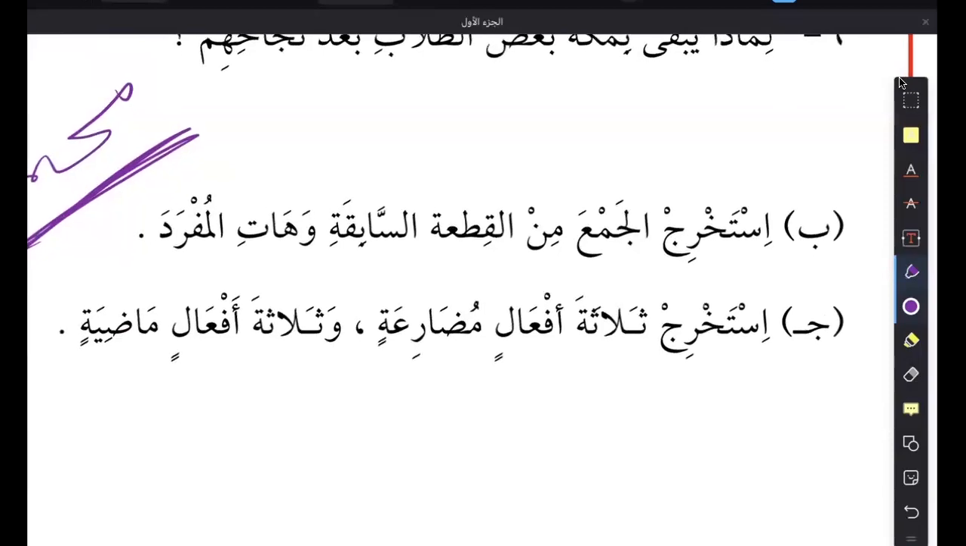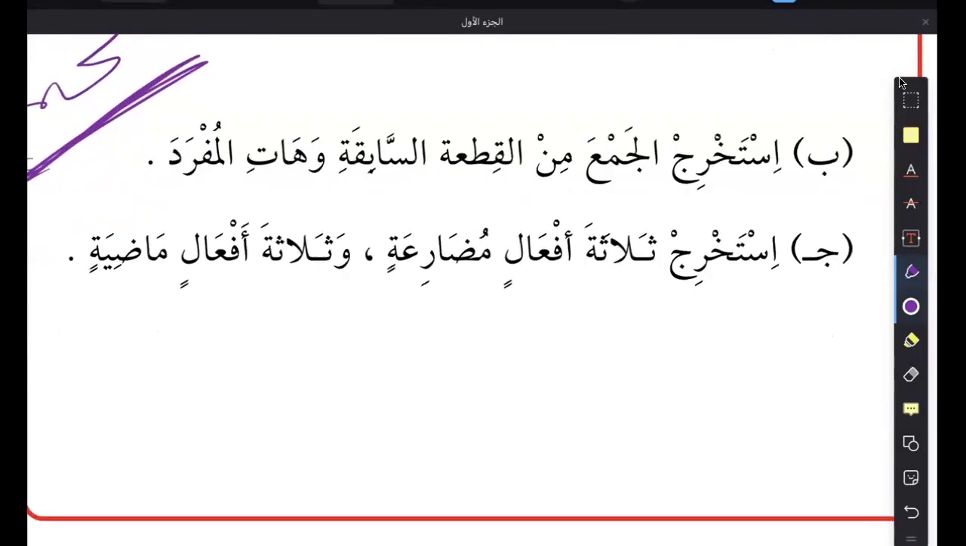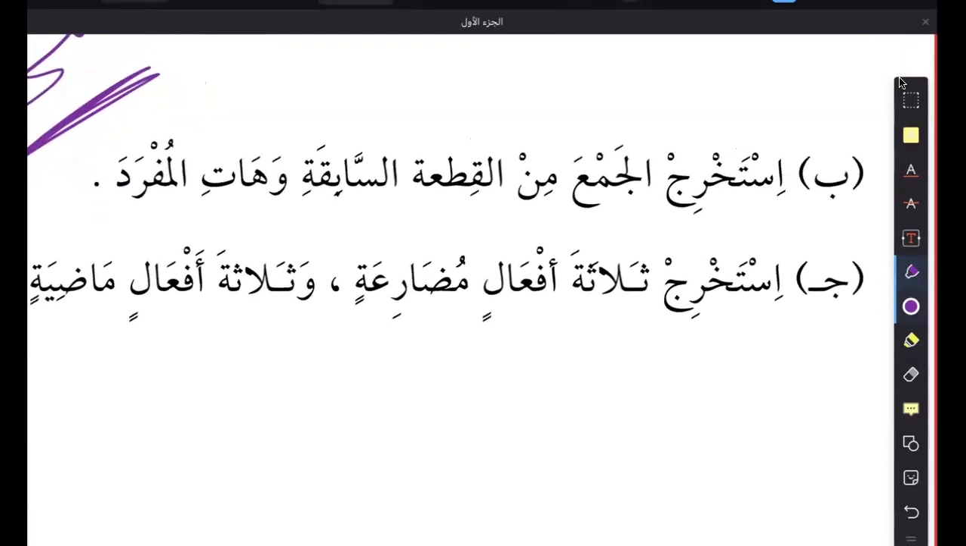للالتحاق بالجامعة, in order to join the university. And then it says استخراج. Okay, so this is something else. It says استخراج